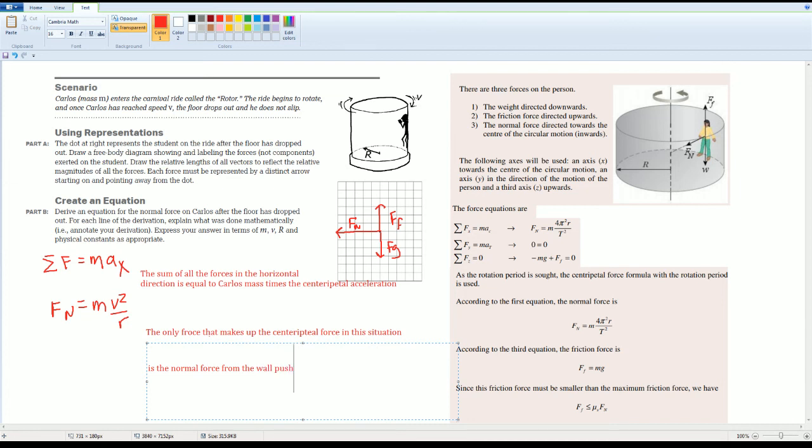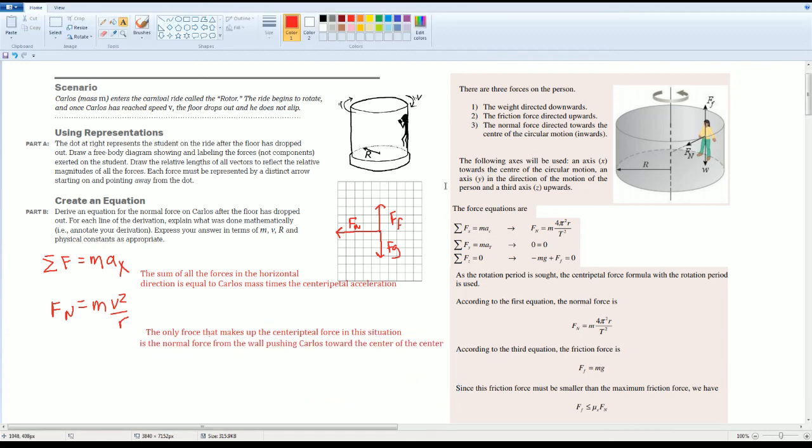pushing towards the center of the circle. And you're like, what do you mean towards the center of the circle? Remember that the R is pointing away, okay? Is pointing away from it. So the centripetal acceleration is caused